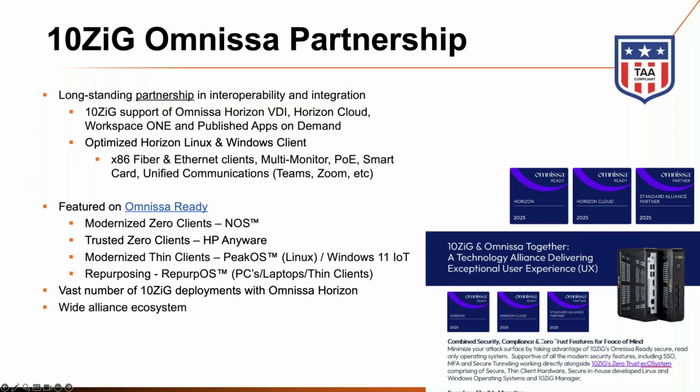As part of the relationship, we also work closely together with Omnissa Ready and TAP, which is the Technology Alliance Partner Program. This process requires us to certify our clients on that program to give you assurance that the clients are certified to work together with Horizon. And this has led to a vast number of combined deployments significantly over the past 10 years, covering various verticals. There's lots of them, but I'll just call out a few. We've got federal, local government, defense and military, healthcare, finance, education and retail. They make up the major spoke of verticals, but as mentioned, there are more.